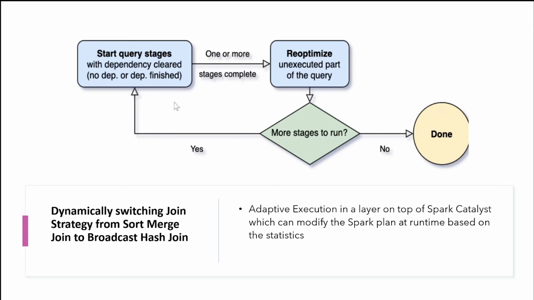So this is a loop which happens. Each query stage runs some physical rules and checks for the opportunity of re-optimizing the physical plan. If the physical plan can be re-optimized, it runs the further stages with the new plan. When there are no stages to run, it exits. So this is at a high level how Spark changes the physical plan at the runtime. I'll showcase this more in the demo in the further slides.